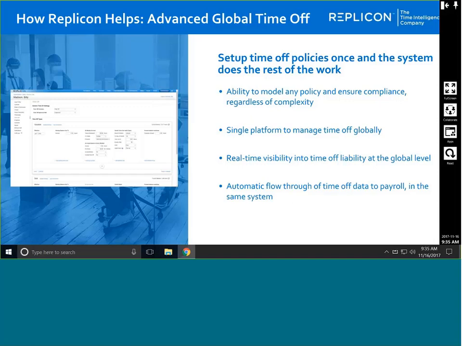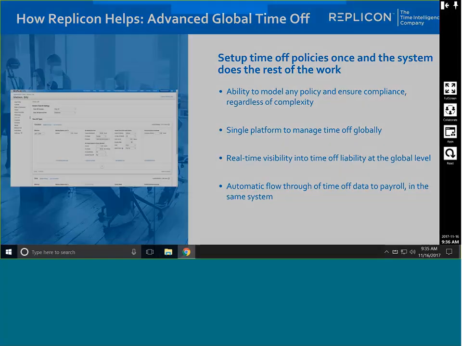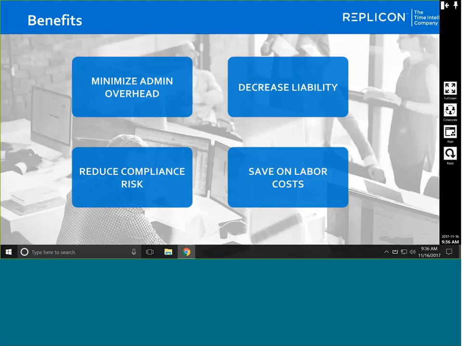So now employees and supervisors can check their own balances and accrual calculations and use reports and dashboards to provide visibility to time taken and liability, and also see visibility of time off when scheduling or doing resource management. And finally, what we do is we handle the payouts automatically through the payroll workbench. Now, all of these bring some key benefits that companies really start to see with their ROI over time.